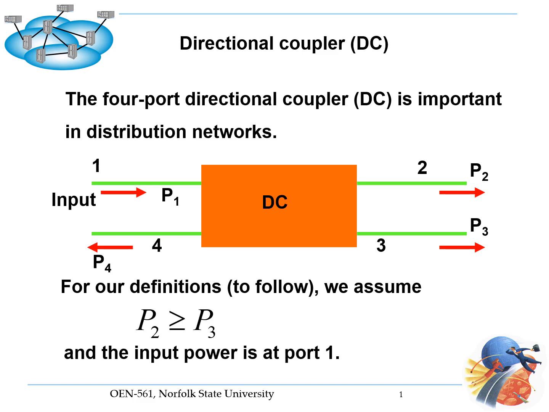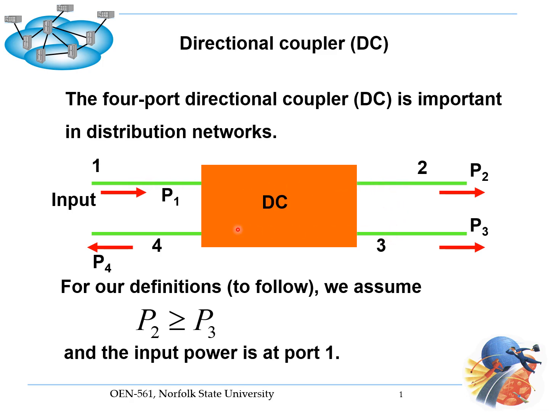In this lecture, I will introduce directional couplers, abbreviated as DC. Directional couplers are important couplers with 4 ports for distribution networks, and we label 4 ports starting from port 1 clockwise to port 4. So port 1 is always used for input power, and then we have 3 outputs,